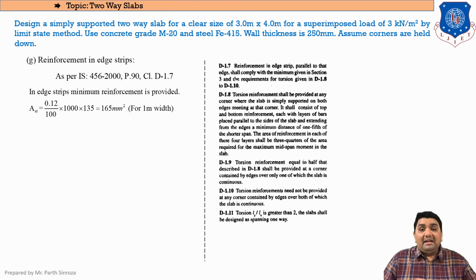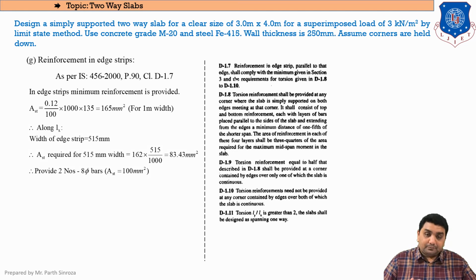Now in the middle strip, or whenever we are providing our main steel, we always check the spacing of the bars, but for our torsion steel and for our edge strip, we will always be finding the number of bars. These are the only two cases in which we find the number of bars. In all other cases, that is if you are providing main steel or distribution steel, we always check the spacing of bars. Clear? So the first is our edge strip and the second is our torsion steel. In these two cases only we will be finding the number of bars.